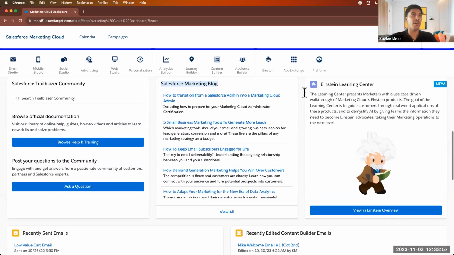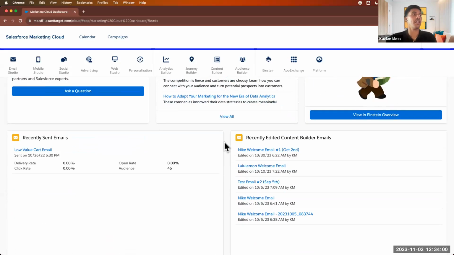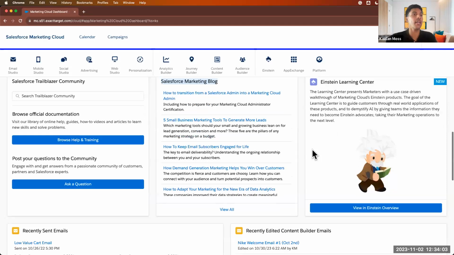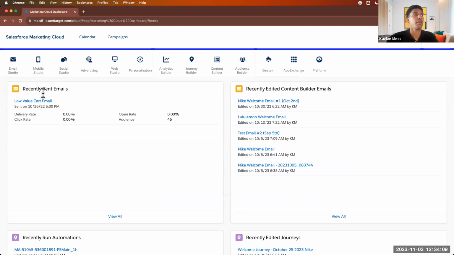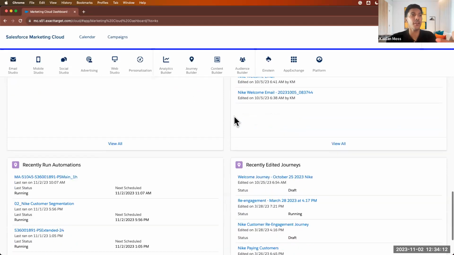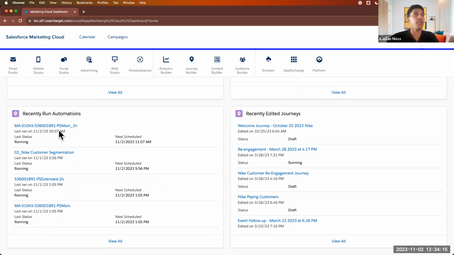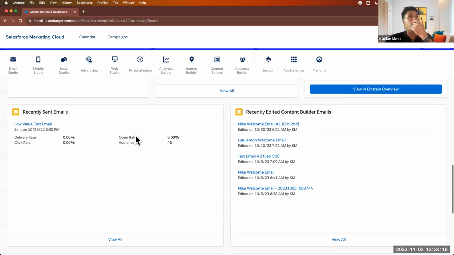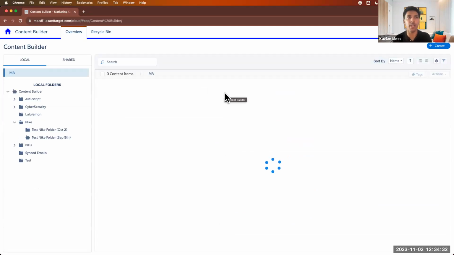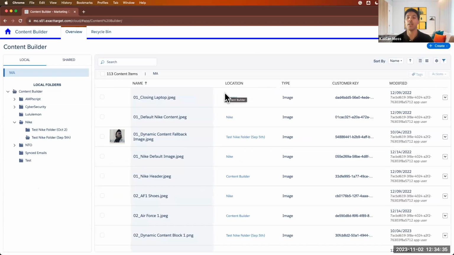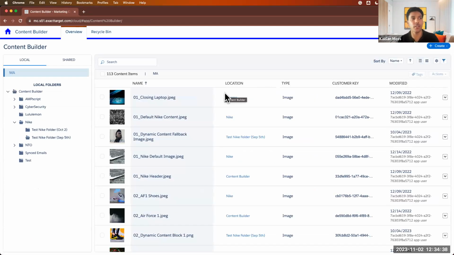But moving on, we also have some other information here, which is, if you want to learn more about Einstein, if you want to see your analytics, right? If you want to come down and see how your emails are performing, you can check those out here. If you want to check how your automations are working, you can check those out here as well. But one thing I really wanted to show a lot of people, because I know a lot of people are probably touching Content Builder, is I wanted to go directly into creating emails. Because a lot of people wonder, how do you actually create emails in a tool that sends emails from Marketing Cloud? So let's do a quick little demo of what that actually looks like.